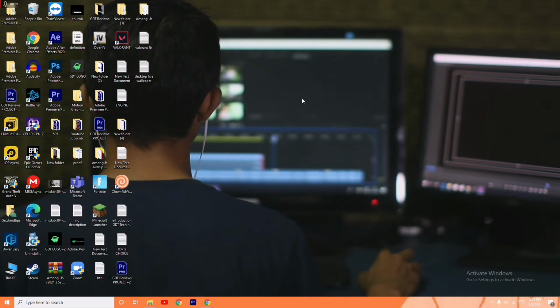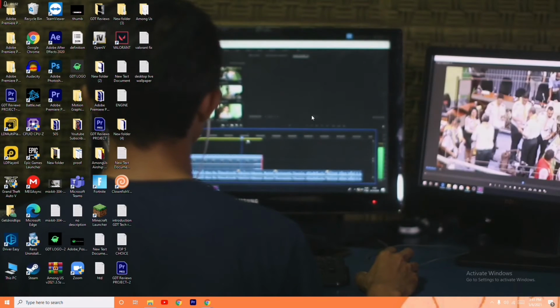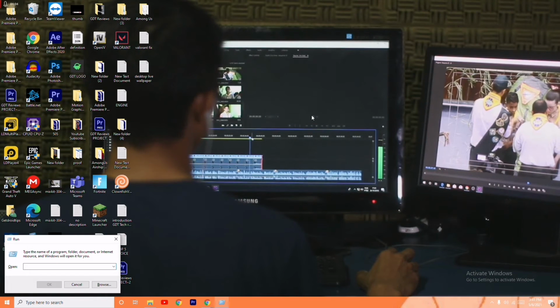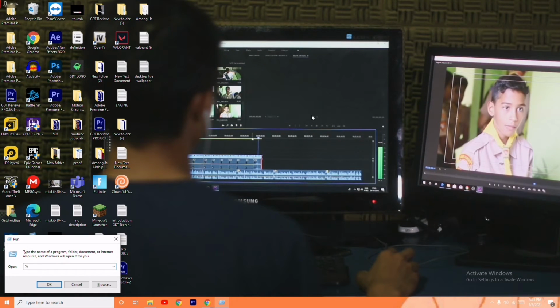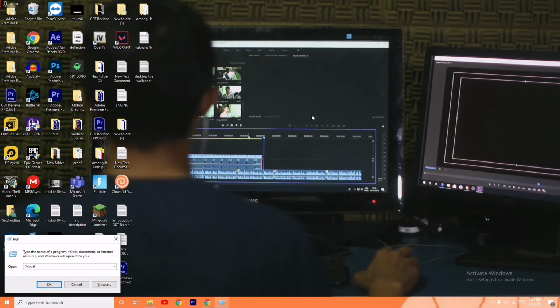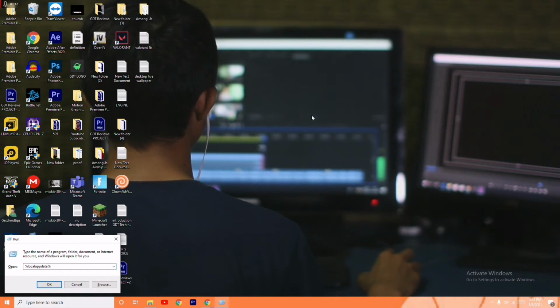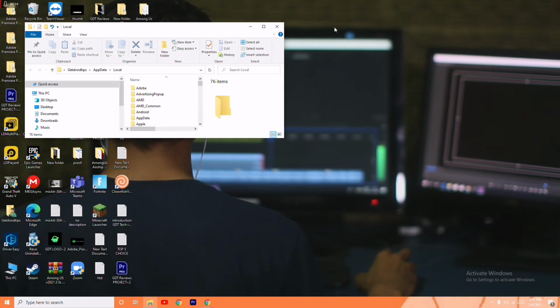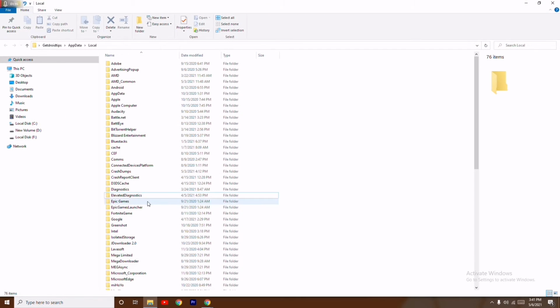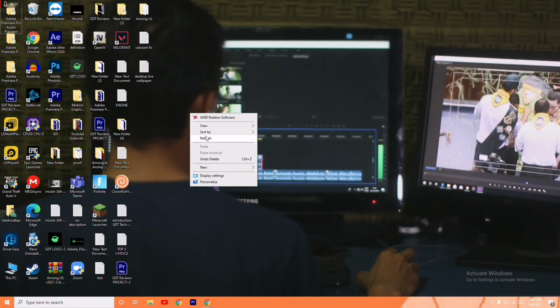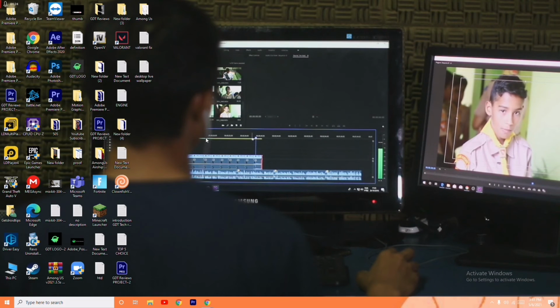Moving on, the next solution is to press the Windows and R keys together again. This time search for %localappdata% and press Enter. Once again, search for Discord, because I have already deleted it. If you have the Discord folder, then delete it. Even after trying this, if it's not working, then uninstall Discord,